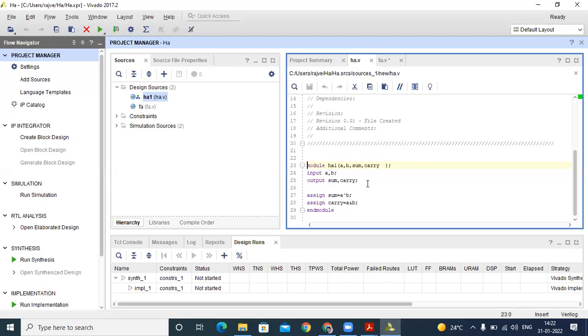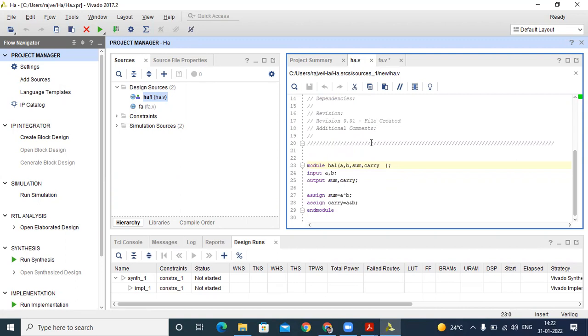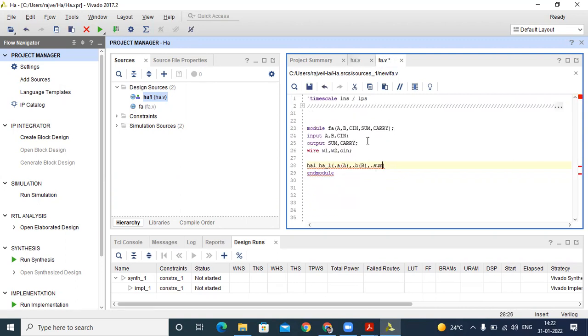So we write here sum. This is the sum for the half adder. Sum is connected to which wire? This one, W1. So we write W1 here. Everybody understand that?